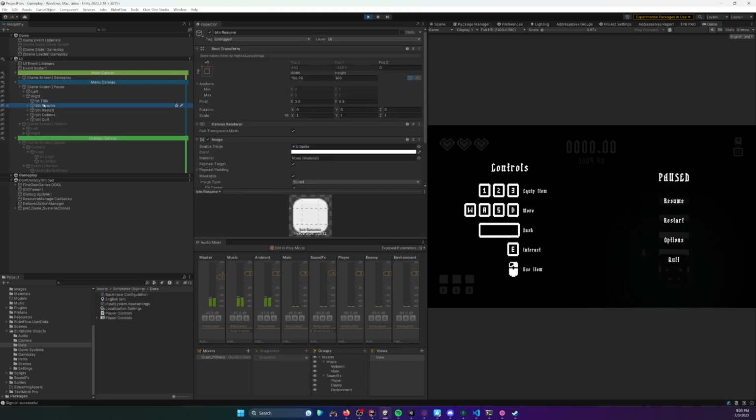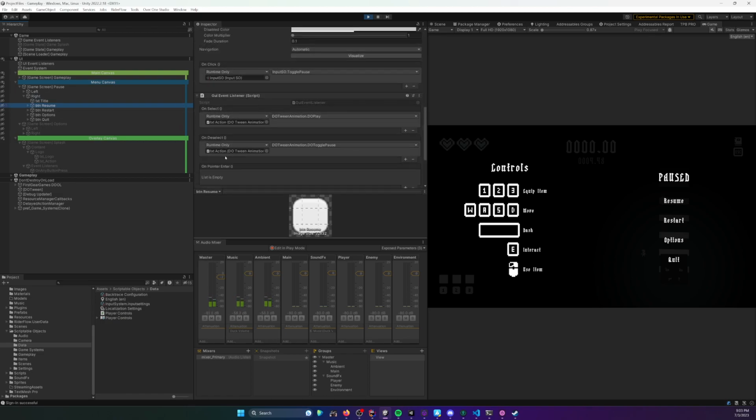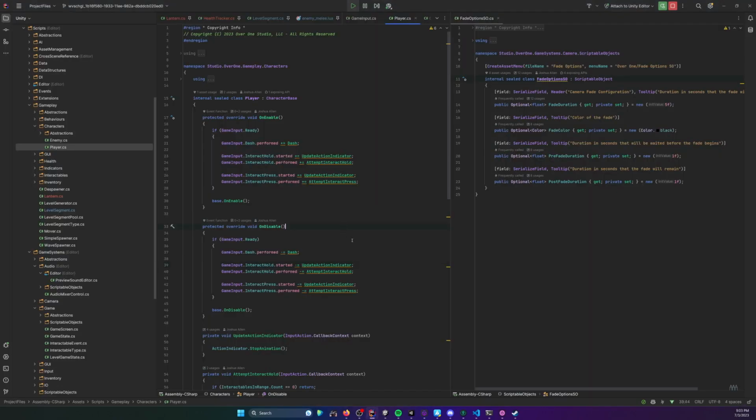So there's a Unity button here, and this says on click I want to toggle the pause state. And where the new input system breaks down is that